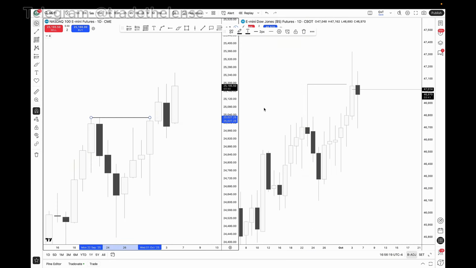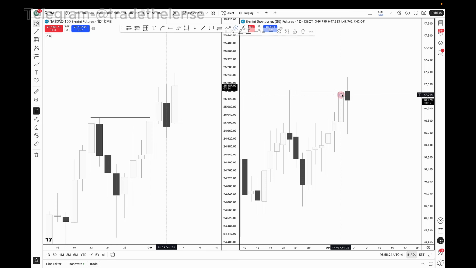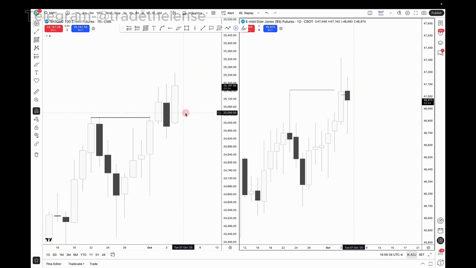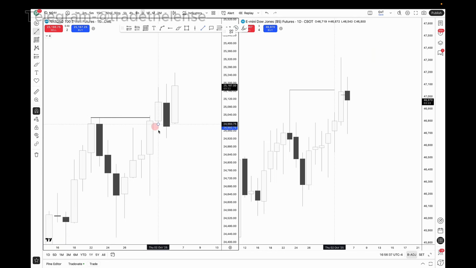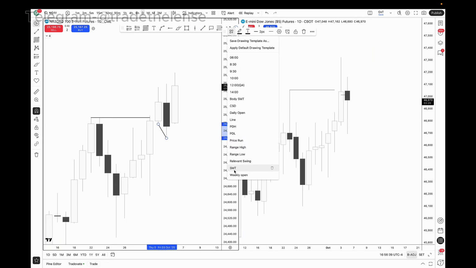So note this swing point high, this swing point high. NQ traded into it, didn't manipulate it. So that means we can expect the Dow to actually catch up to that. That's why we see the Dow being bullish, expanding higher, and NQ expanding lower. It's to catch up, right? So that created a divergence in this gap.